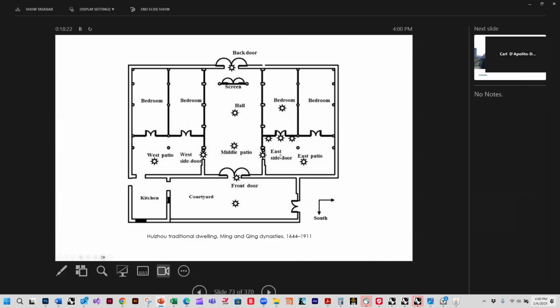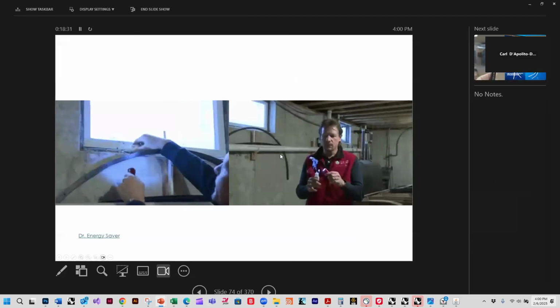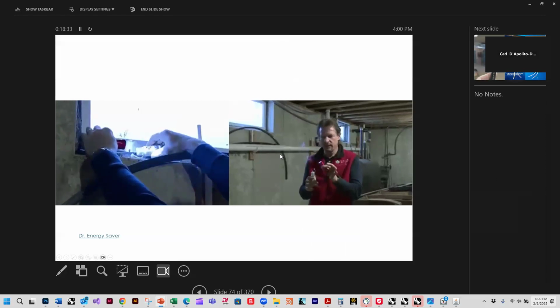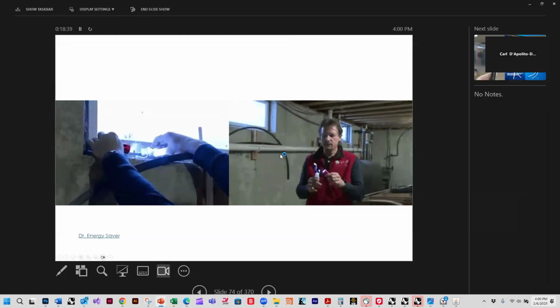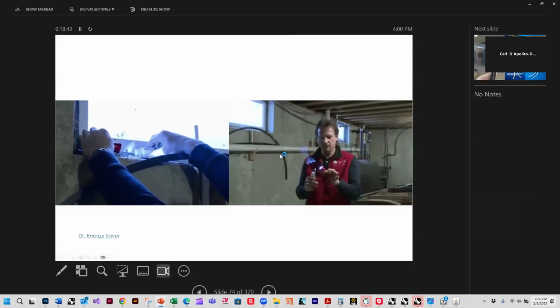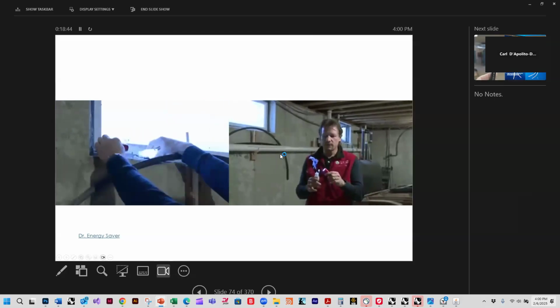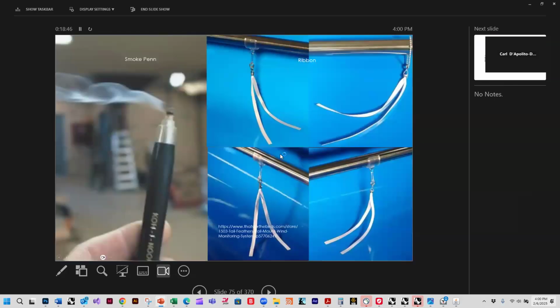So there's an open courtyard over here, and then there's a door and a screen, and that creates a breeze through the entire house. And the way people do these studies is literally like this: you go with smoke and you see where the wind is moving on the site, or you do it with a smoke pen or with a ribbon, and you take points, and then you can put that into the input conditions in the CFD model and try to